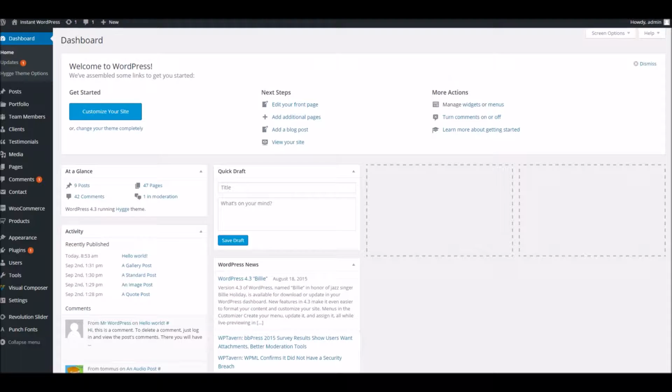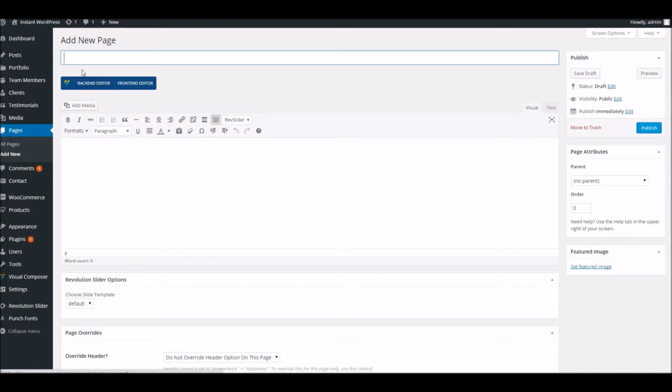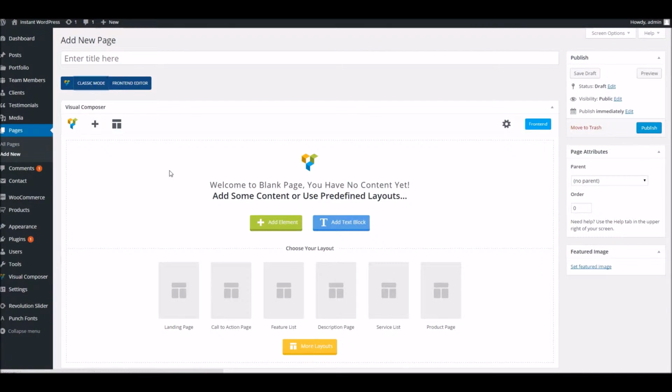So from within the dashboard area of your website, we're going to create a new page. Just find pages and add new. And as with any page that we wish to use the Visual Composer plugin on, we need to activate the backend editor here, which we've done now. I'm just going to give the page a title,